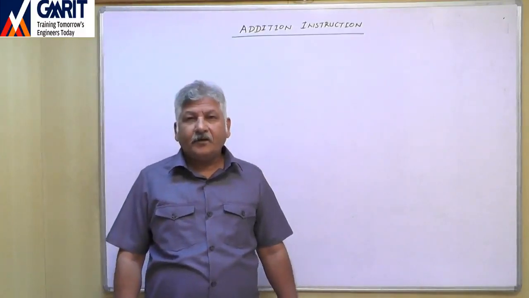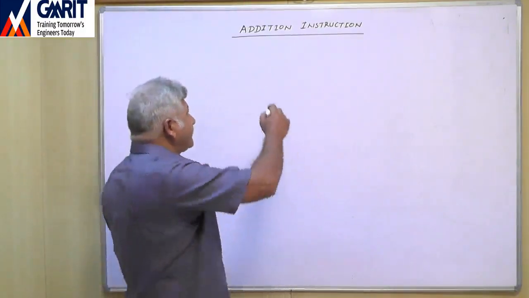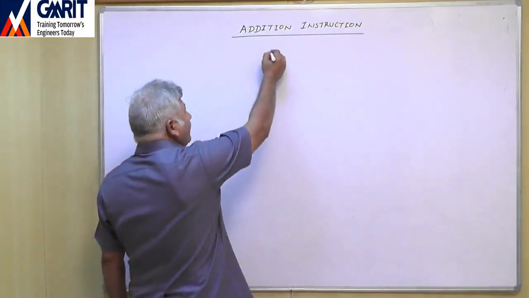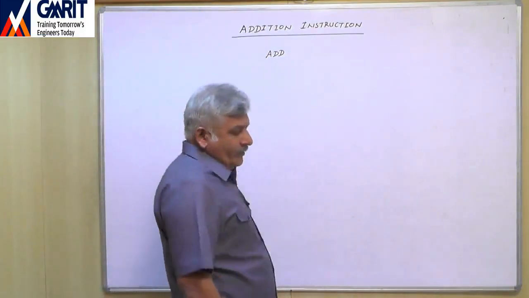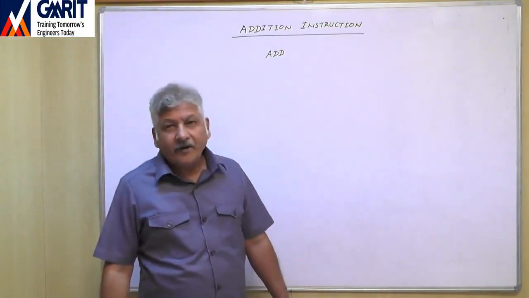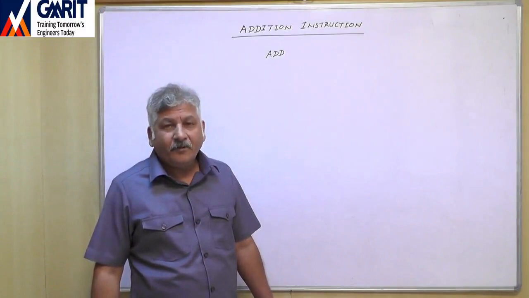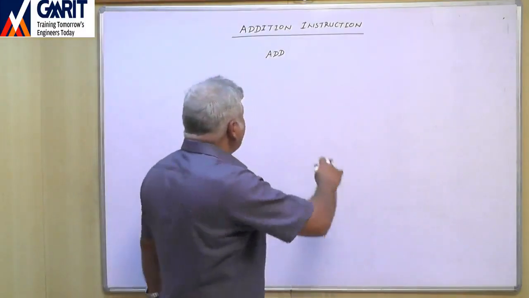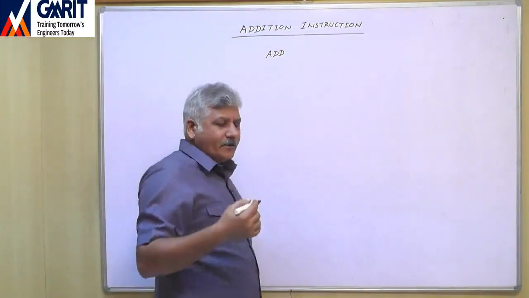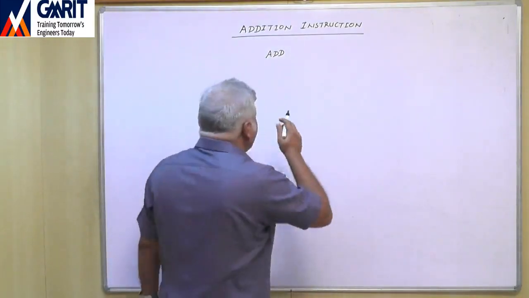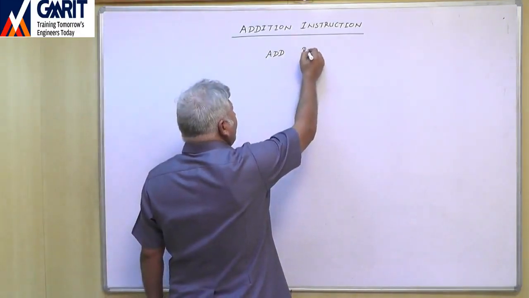So now we will see the addition instruction. The opcode for the addition instruction is ADD. When we are performing addition, we require two data which are to be added. The two data can be in registers or in memory. So the format of this instruction is like this: